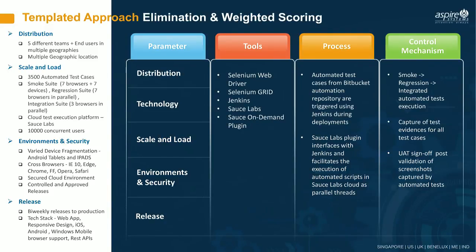So the key control mechanism we had here: since it was a huge count for regression, the 3,500 test cases were bucketed into 3 logical layers, which are smoke, regression, and integration. The success of one suite gives rise to the execution of the next suite. Say, for example, there is an application error or something else has gone wrong in stage 1, then it would be detected in the smoke stage itself, and an email would be triggered to all the corresponding stakeholders, giving them